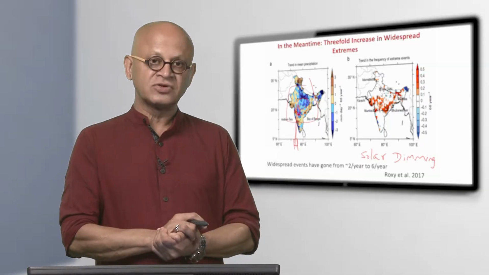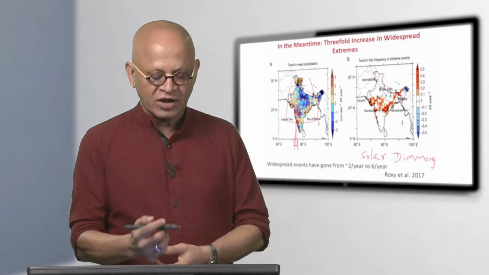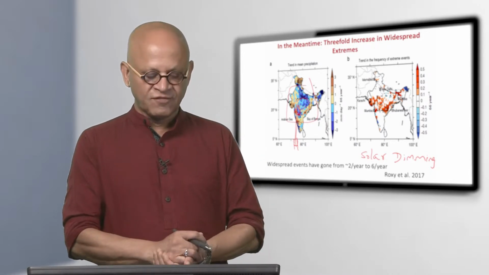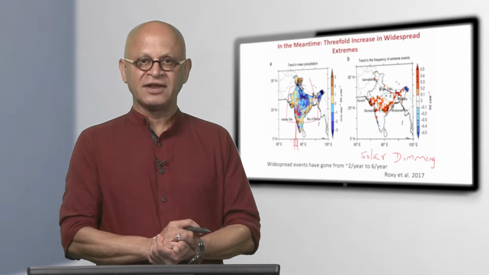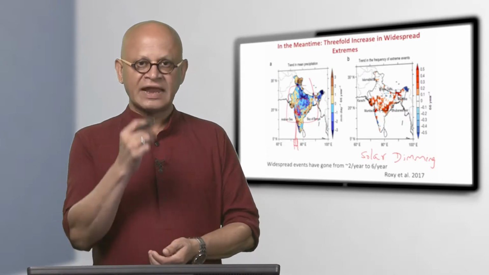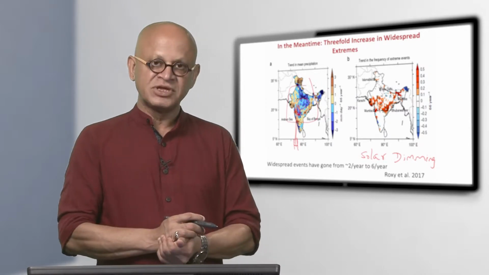That has also increased over time, and this has actually not allowed the land to warm as fast as it should if an equal amount of radiation increase happened over land and the ocean. So that has caused the land to warm less than it should, and that has probably been the most